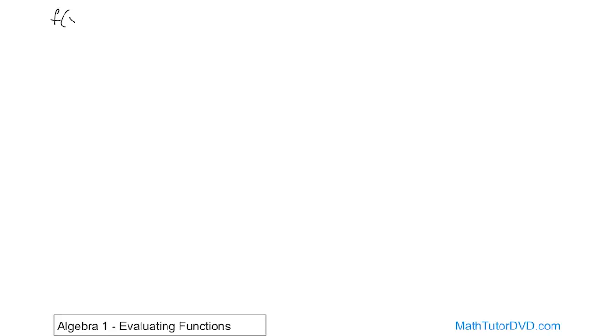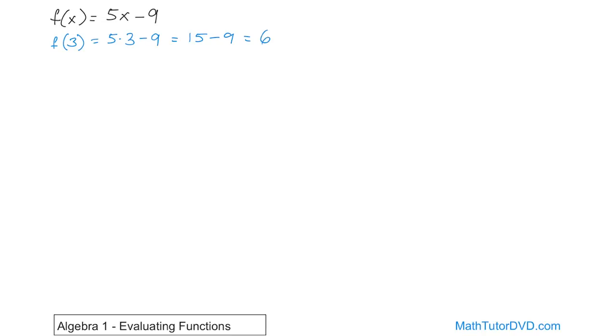What about the function f of x equals 5x minus 9. This means I have a function of x, so I stick a value of x in here and I calculate an output. So what if, for instance, I want to evaluate, we call it evaluating a function when you plug in a specific value, at x is equal to 3. When we stick the 3 in here, we're basically saying x is equal to 3, what happens? So we stick that value in here and we calculate 5 times 3 minus 9. All right, so 5 times 3, as you know, is 15 minus 9,